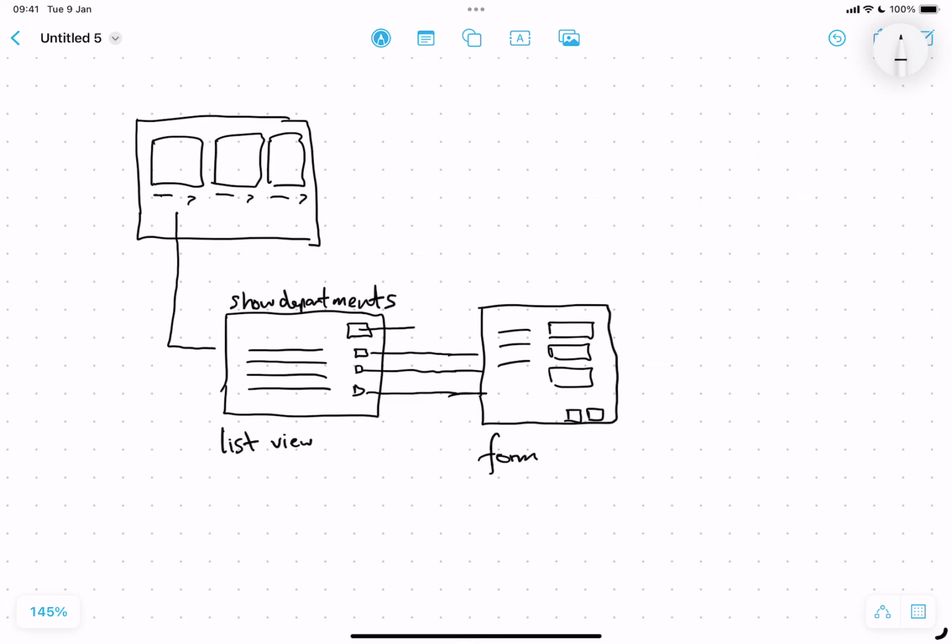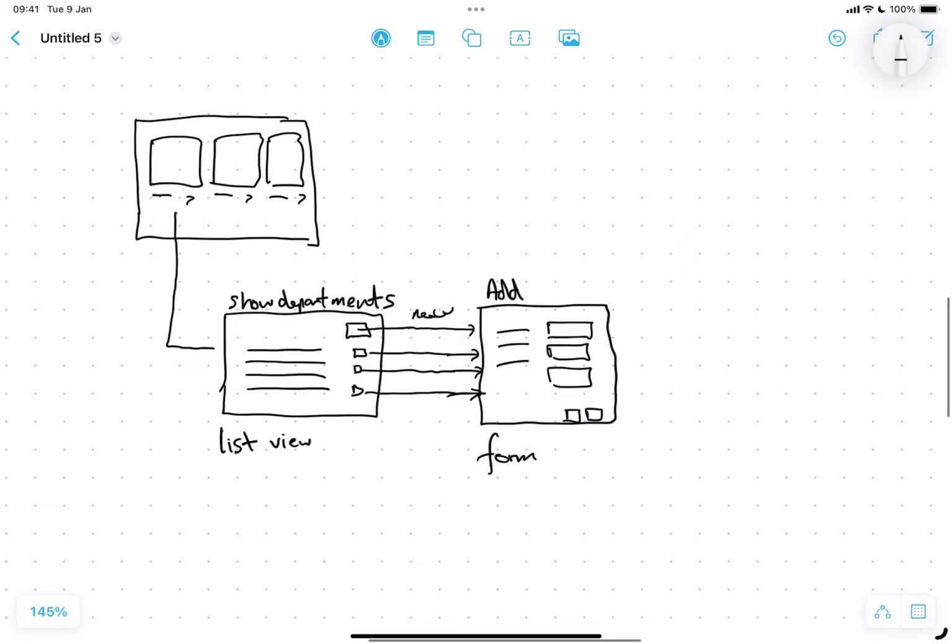And here's my button that you will click if you want to create a new department. Now you might think that we have to have a different page to create a new department. But the reality is that thanks to the way that Mendix works, we'll create a new department object at this point, and we will use the same page, and then we'll be able to fill the details in. So in fact we've got show departments, and we'll also have something like add, edit,